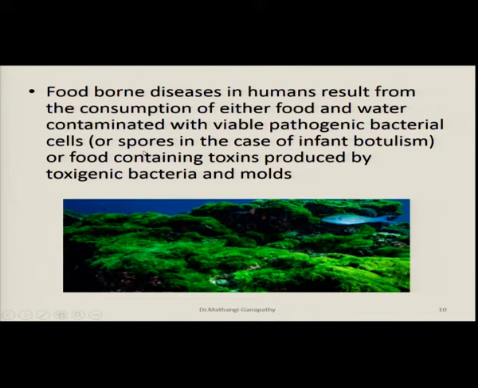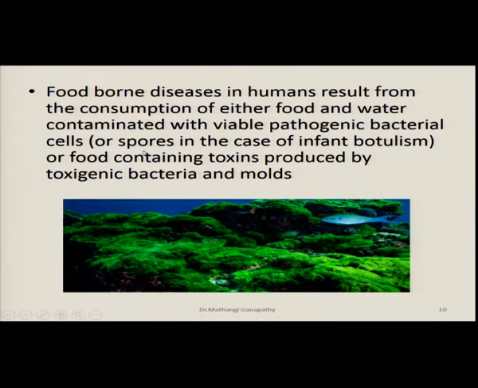So, humans have to either consume the food and the water which have been contaminated with viable live pathogens, the cells, or bacterial spores. If it is a gram-positive spore former, remember, spores live long, they are dormant. Even if the viable cells are not present, the spores, because of their nature, will continue to exist. They are difficult to destroy also. So, even if the spore is present in the food, when the conditions are conducive for the spore, it can germinate to give rise to the live organism, which in turn is pathogenic.